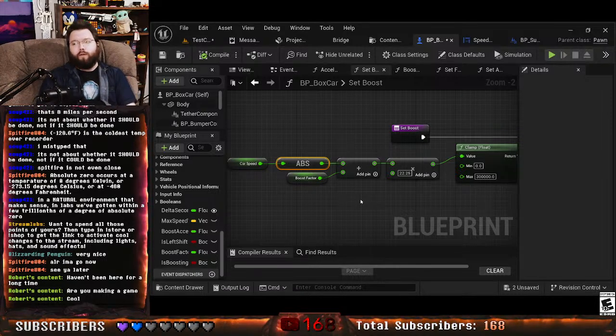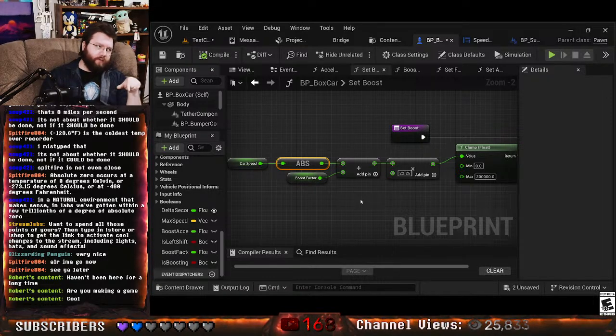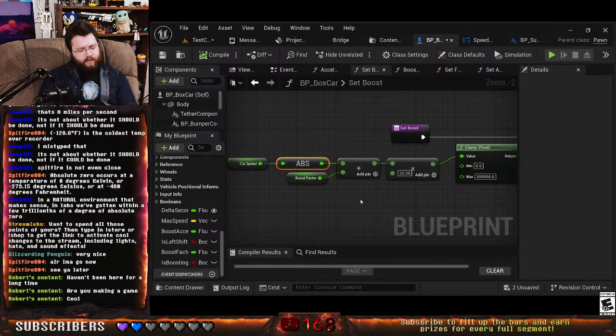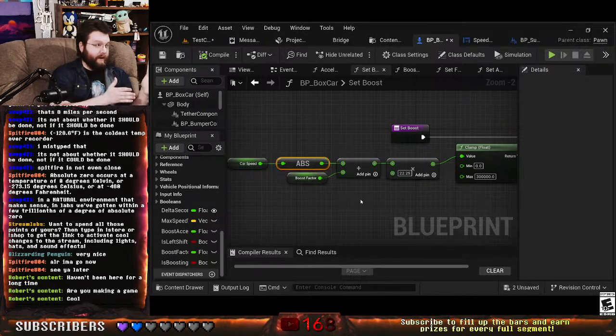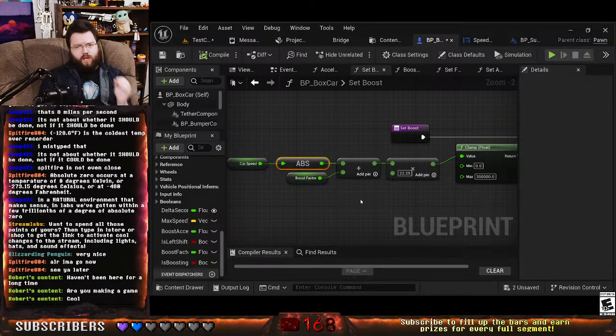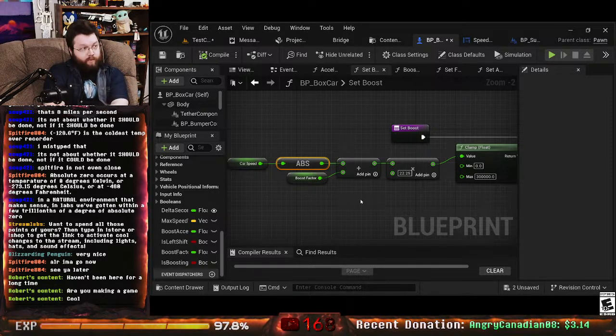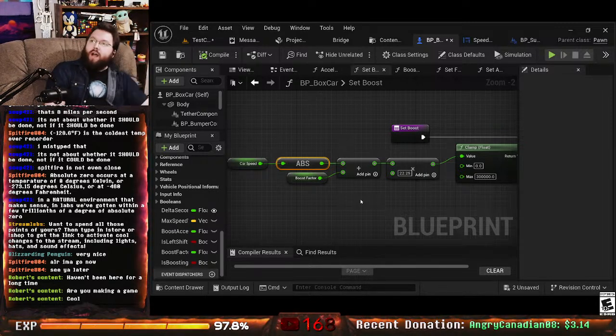What other threshold could we use? We could say while we have it clicked down, a timer goes, and then eventually it runs out. I mean, that's just the boost mechanic. That mechanic comes later. Right now, I'm just trying to figure out how do I limit the speed of the boost so that it doesn't go beyond a certain threshold and does not change how much speed you gain